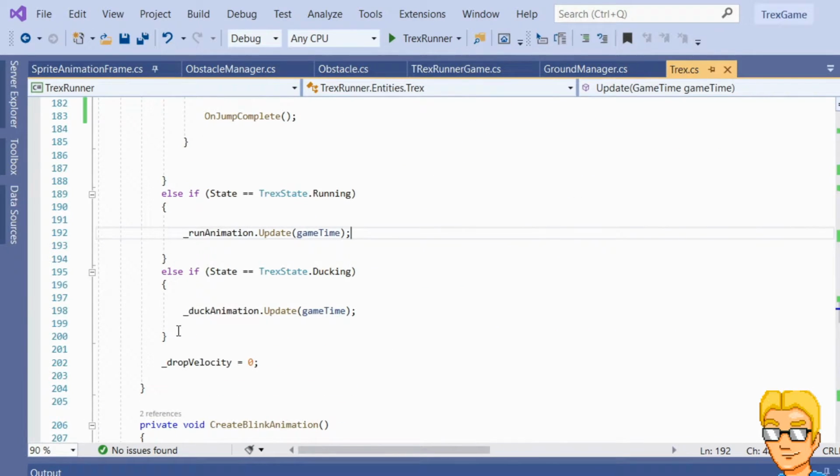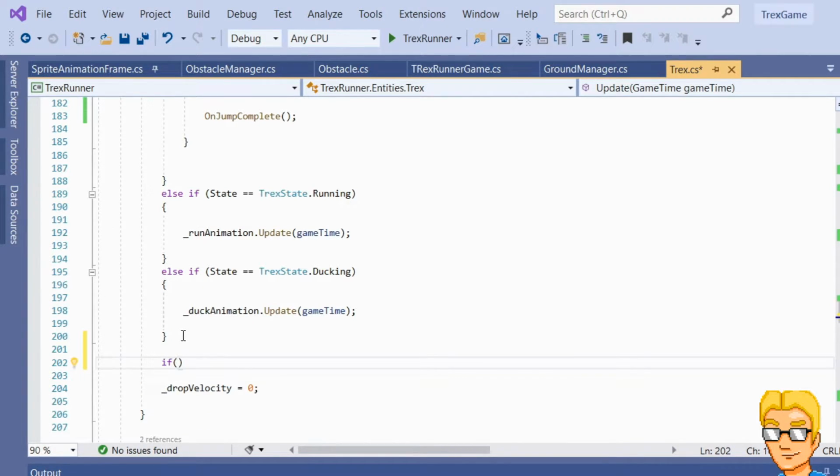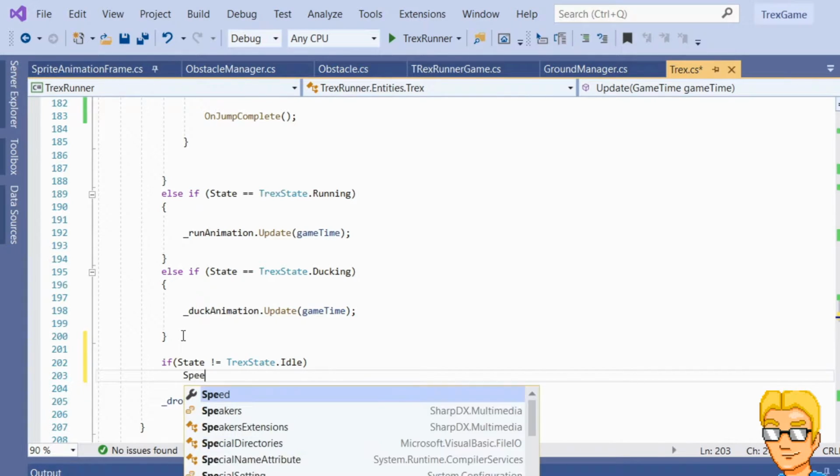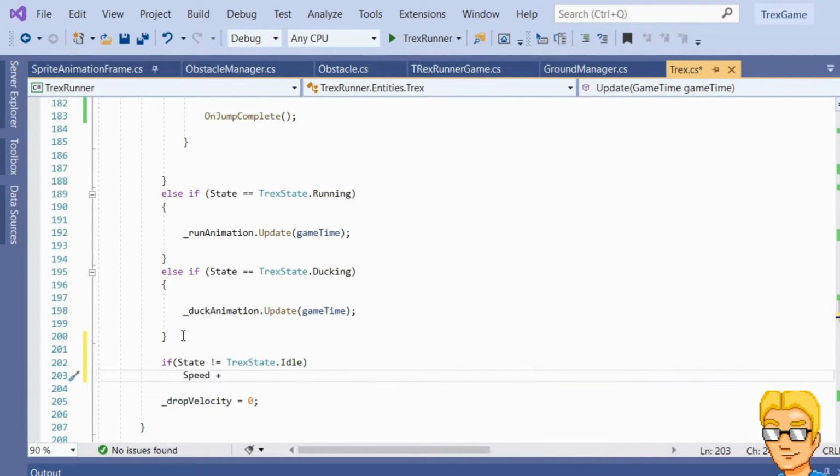So basically, whenever it's not idle. So let's go here and say if state does not equal idle, speed plus equals